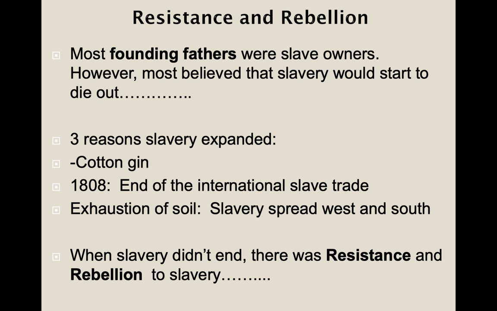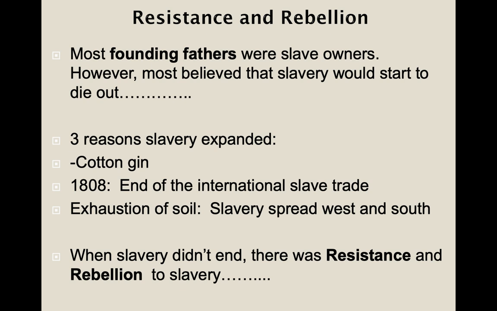Can anybody explain why the end of the international slave trade actually increased slavery? Amy, please. Because more slaves were coming in, most people wanted to keep their slaves and were exchanging. Okay, and I would also add one other thing to that too. That's a good answer. Don't forget, children of slaves were now almost guaranteed to be slaves. Before, that wasn't always the case. It doesn't mean it didn't happen, okay? Certainly did happen. But now it was almost guaranteed that children of slaves were going to be slaves also.